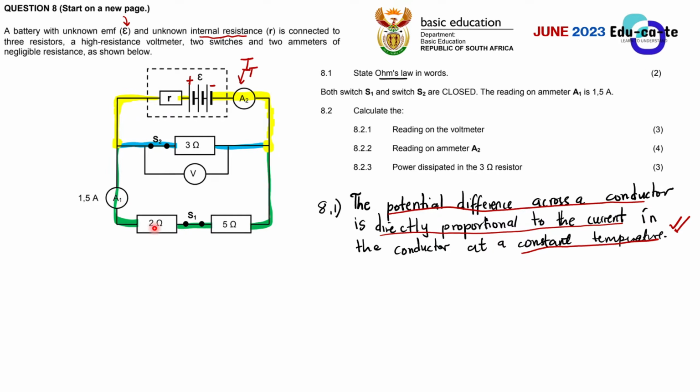I'm sure it's the green current, right? It is also the current through the 5 ohms resistor. Because look at this, guys, the current that is passing through this ammeter, which is 1.5 amperes according to this mini statement here, is the same current that will pass through the 2 ohms resistor. And when it comes from the 2 ohms resistor, it will pass through the 5 ohms resistor as well. So this tells us that the current through the 2 ohms and the 5 ohms is the same, or they are equal, because essentially 2 ohms and 5 ohms are in series with each other. They are in series because they are receiving the same current.